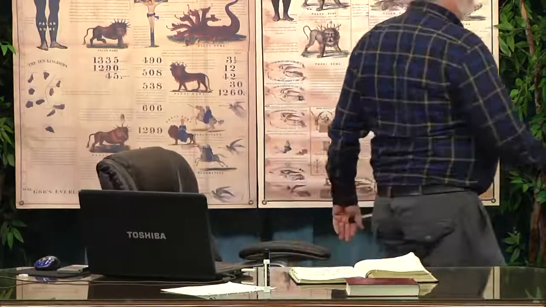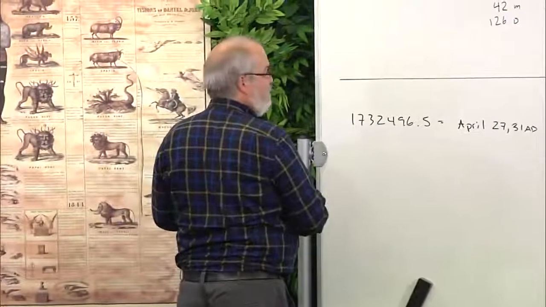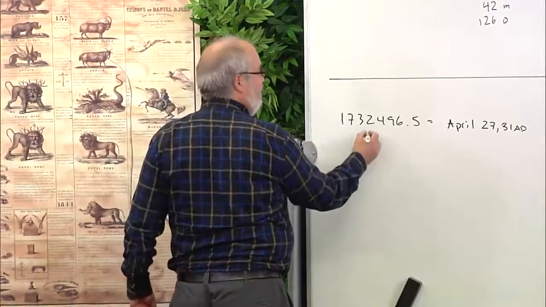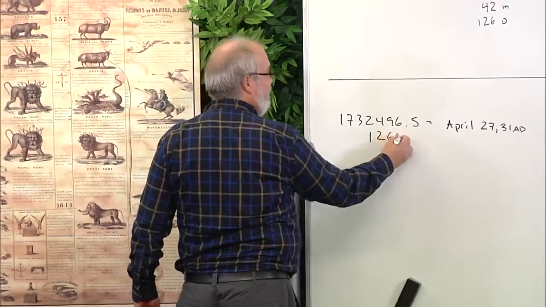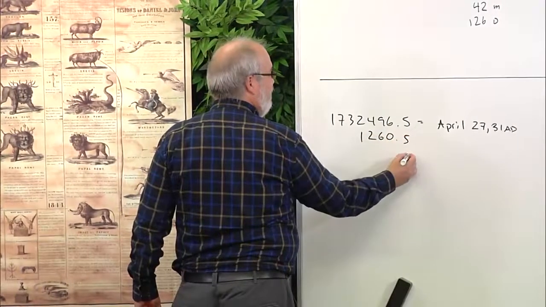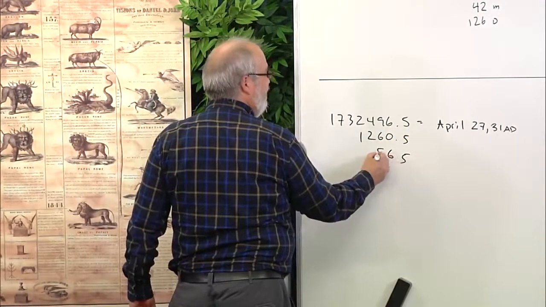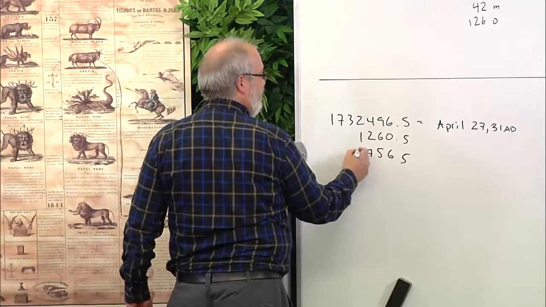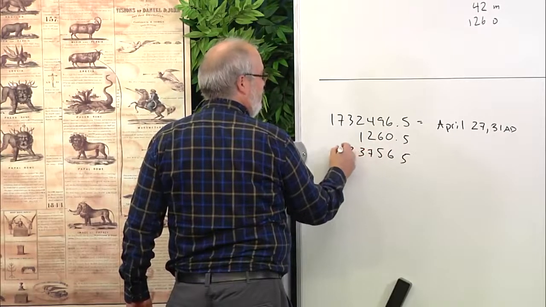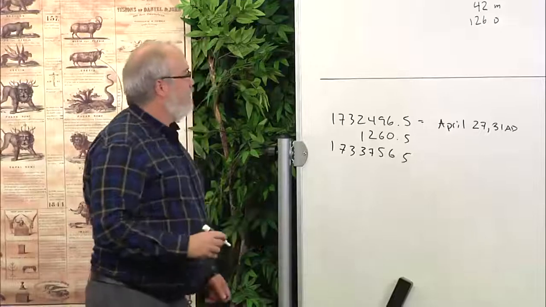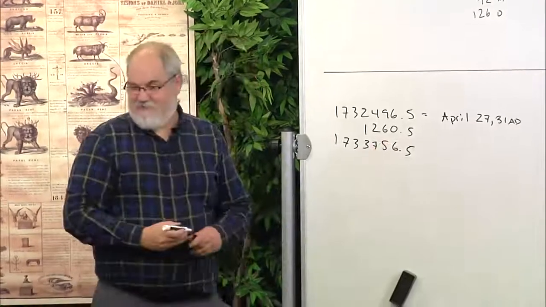So what would I have to do to add 1,260 days to this? I think I did that right. So if I put that number in my calendar converter as the Julian day number,